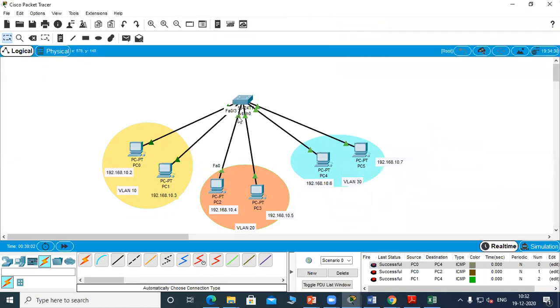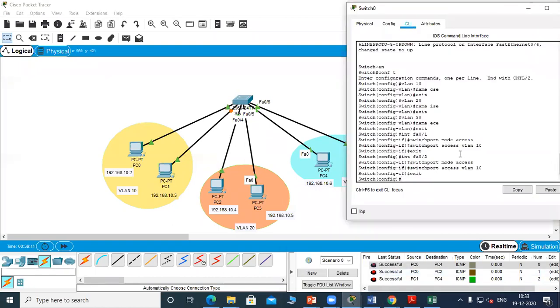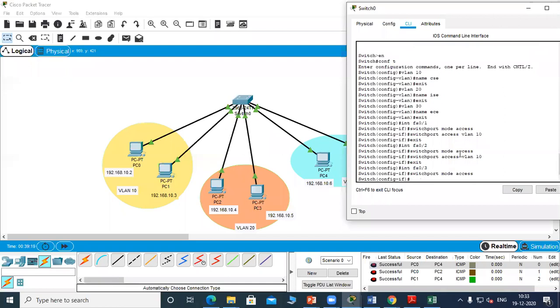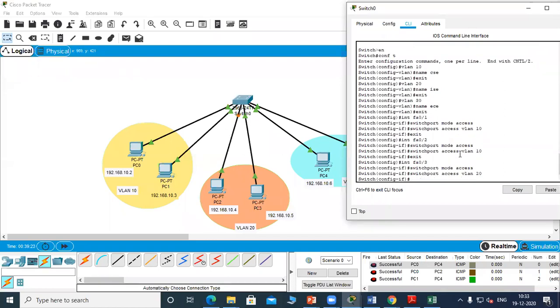So you can check here, this is 3 and 4. This is 5 and 6. This is VLAN 20.